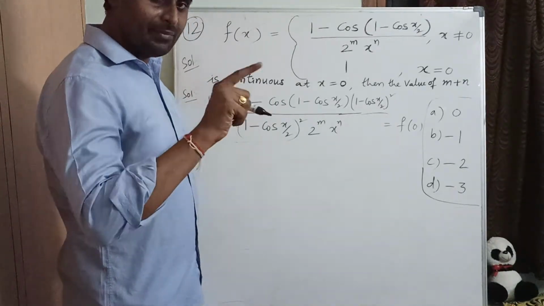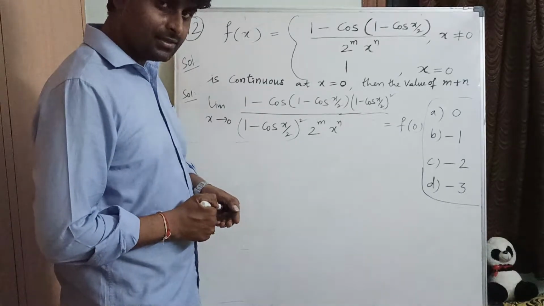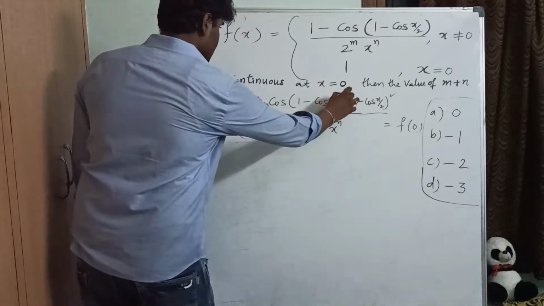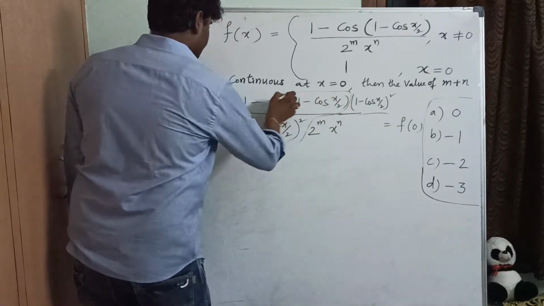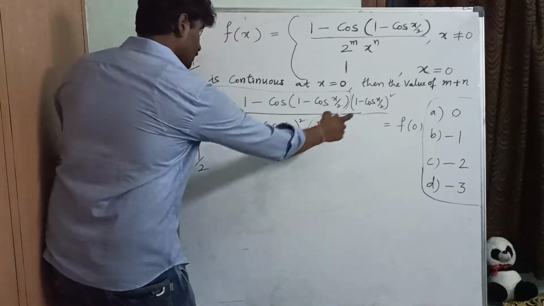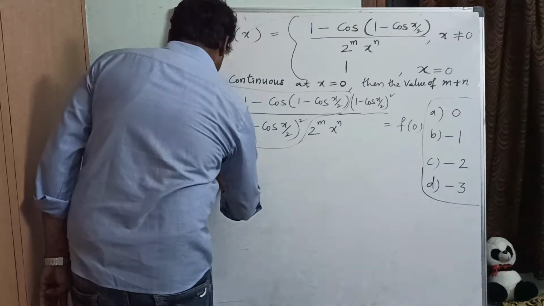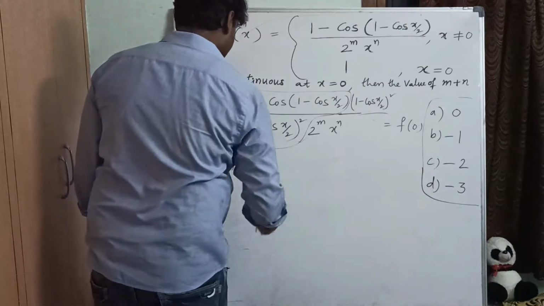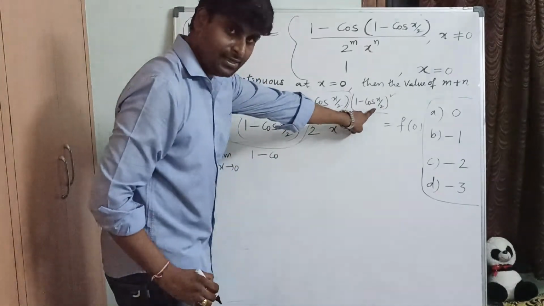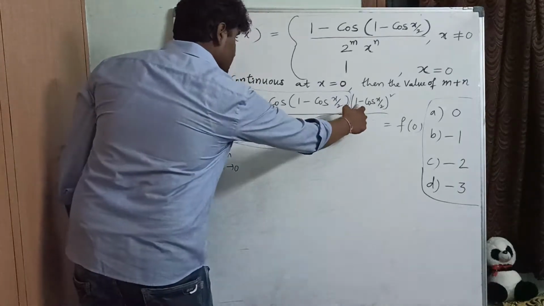What is that? The limit as x tends to 0 of (1 minus cos x)/x² is 1/2. So here I can write 1/2 for this. Clear? So 1/2. Now for this, let me apply the limit as x tends to 0. So (1 minus cos x)/2, how can I write it? 2 sin²(x/2). Correct? So 2 sin²(x/2) whole squared.